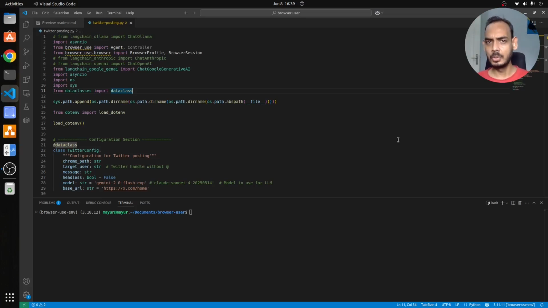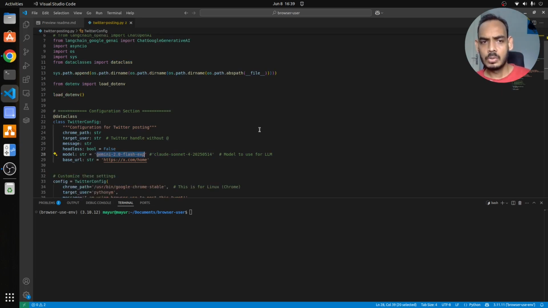In this video, we'll learn how to post on Twitter with the help of browser use and LLM. So the LLM I'll be using is Gemini Flash 2.0. This is the one I'm mentioning. Okay, so this is the model we'll use to post on Twitter, and we'll make use of certain cookies, because